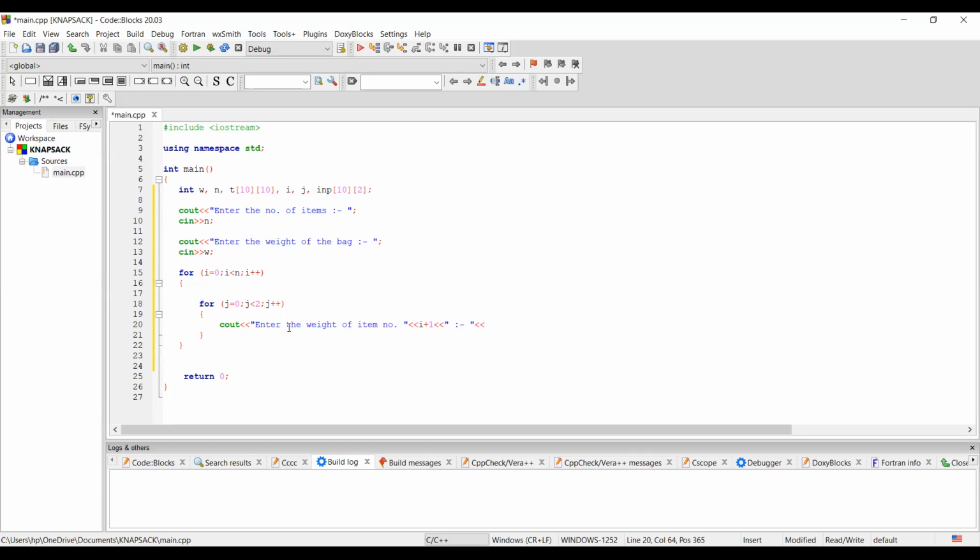Okay, so this is our cout done. And what does cin say? Now what does cin say? Let us accept the input for that. So that is INP of I comma 0.